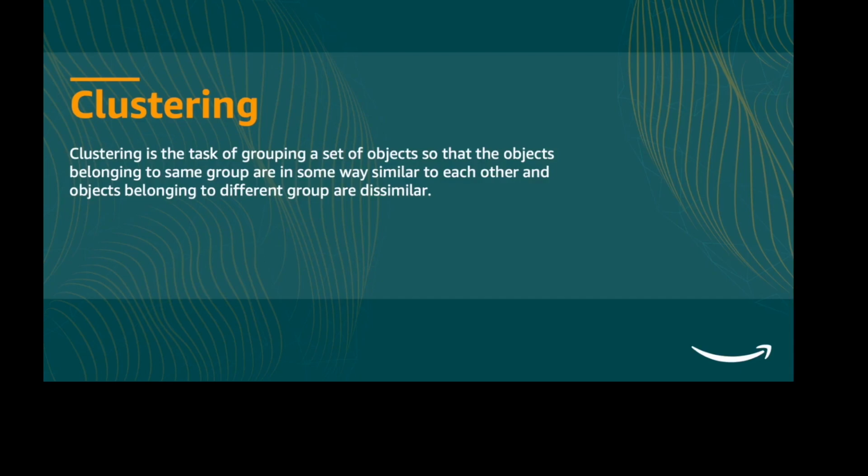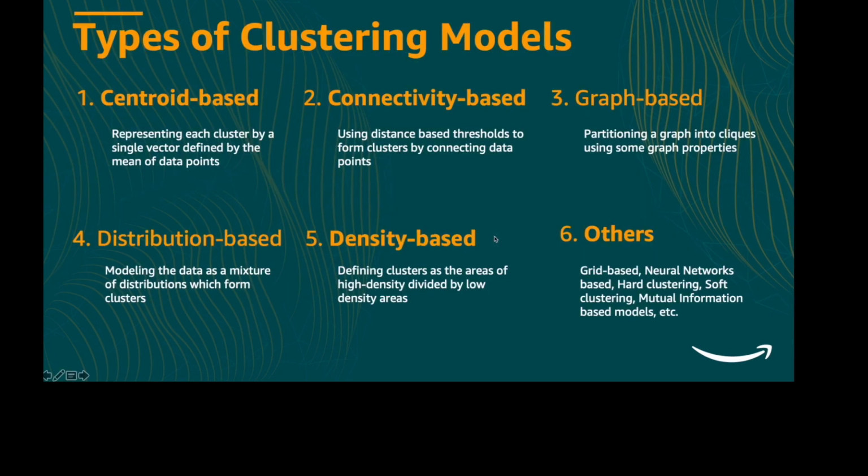Let's go on to clustering. So as I explained, clustering is the task of grouping objects which are similar to each other, and putting objects into different groups when they are not similar to each other, right? So that is what clustering is about. When it comes to techniques, there are many different types of techniques for clustering. One of the oldest or simplest is centroid-based clustering, where each cluster is represented by the mean of the data points that belong to that cluster, right? And that mean vector is the cluster identity.